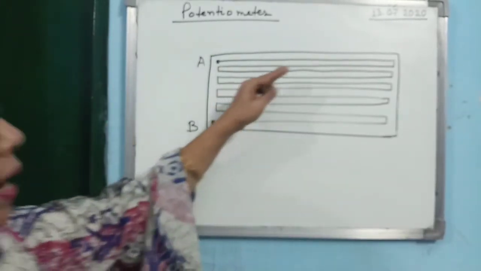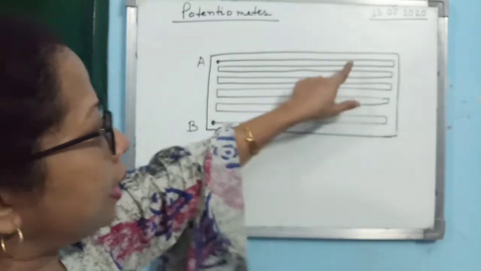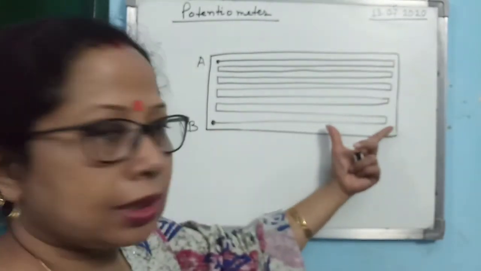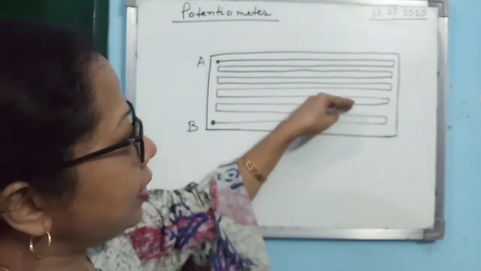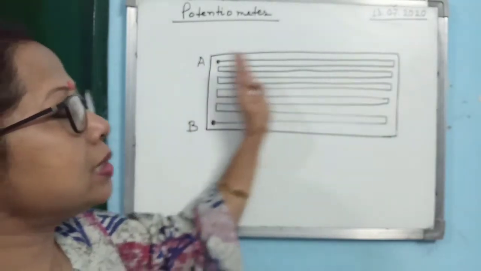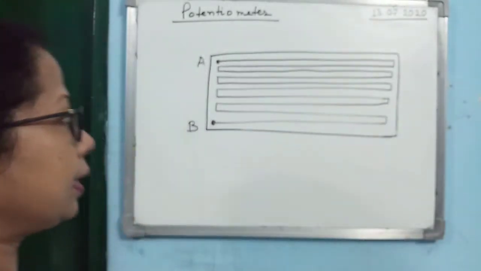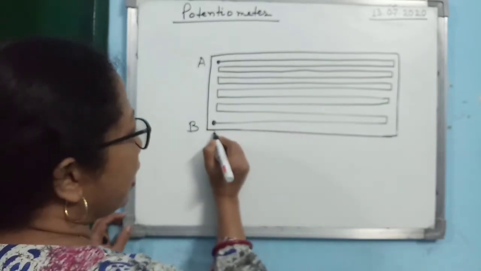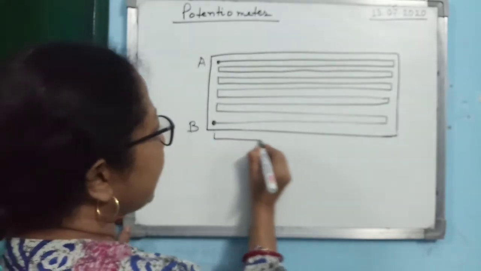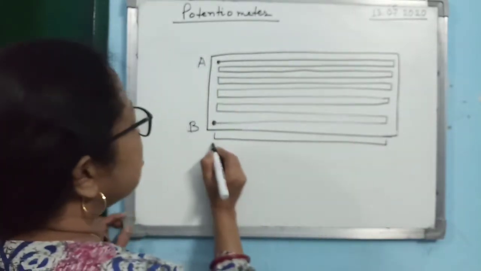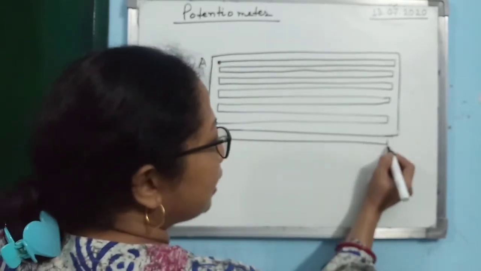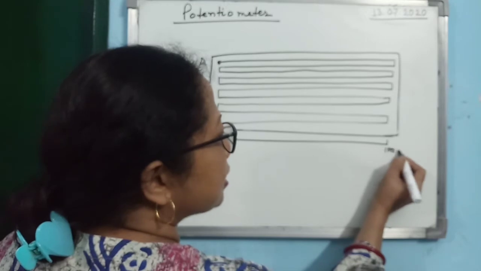Now here I have drawn it by free hand. Actually the gaps between all of these are the same. Each one is 1 meter long. And there are 10 strings here and they are interconnected as you are seeing here. So this is nothing but potentiometer, and there is a wooden scale also. I am drawing it below, but actually the scale is fitted on the wooden frame only. There is another scale whose 0 is coinciding with the point A and B, and the other end is connected with 100 centimeter.